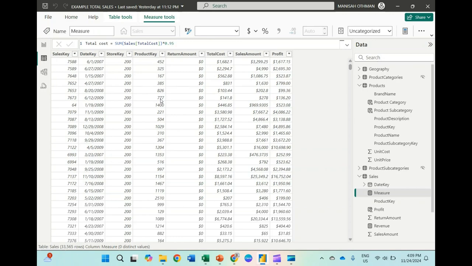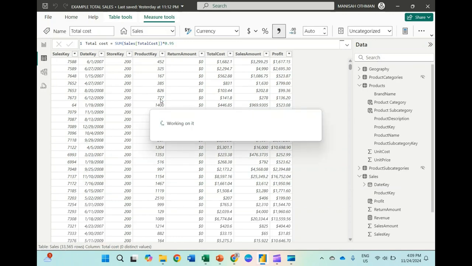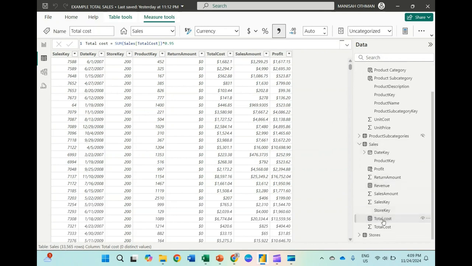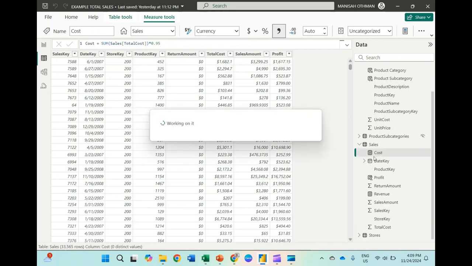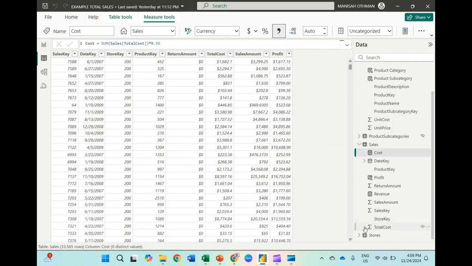Okay, enter. Okay, so now you have a total cost here, or because if you think that it will confuse, then what you can do is rename here. Maybe you can just put cost. Okay, cost only, so you're not confused.